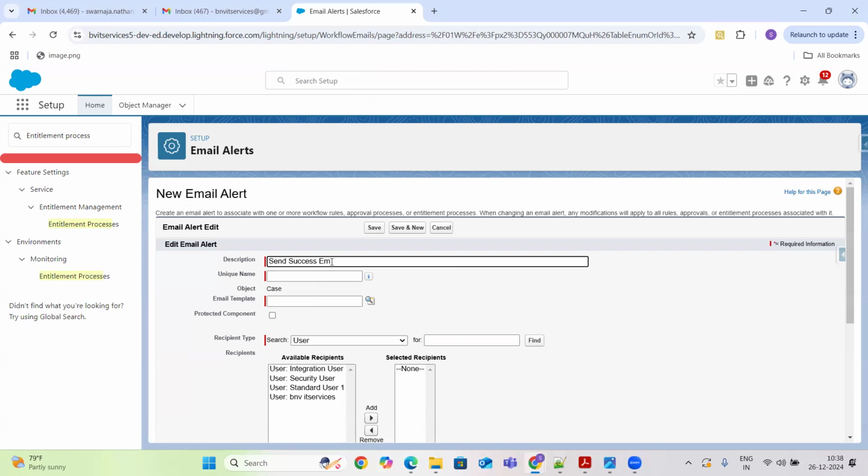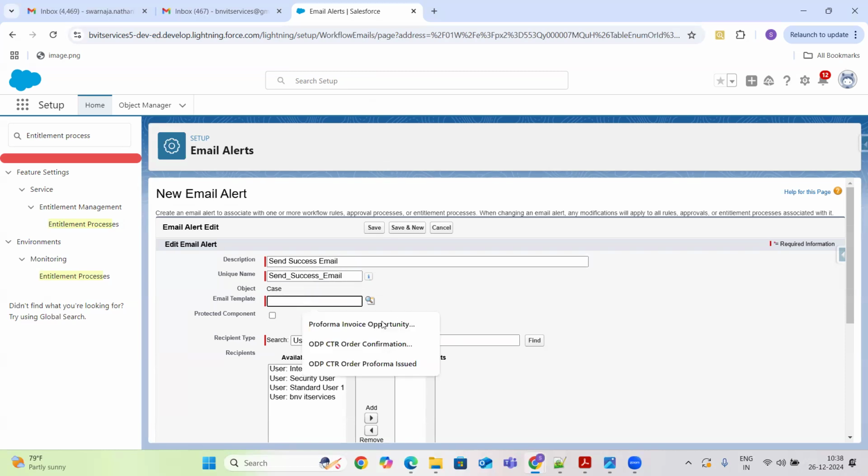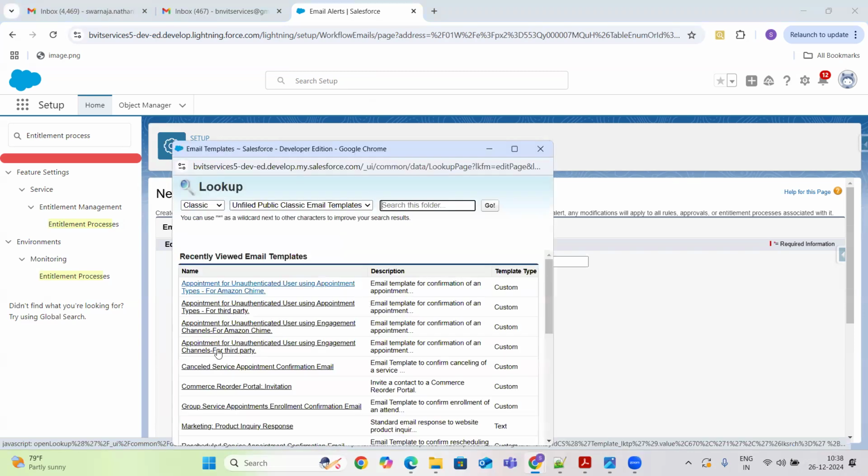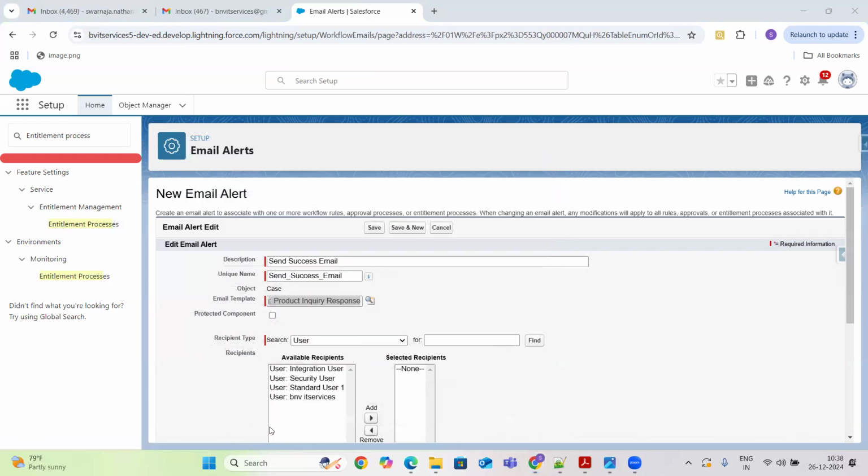As soon as the milestone is completed successfully, then I am sending success email. So email template is nothing but just selecting some email body, guys. I'm going to select some random email template, but generally we will create our own required email body templates. That is very easy.